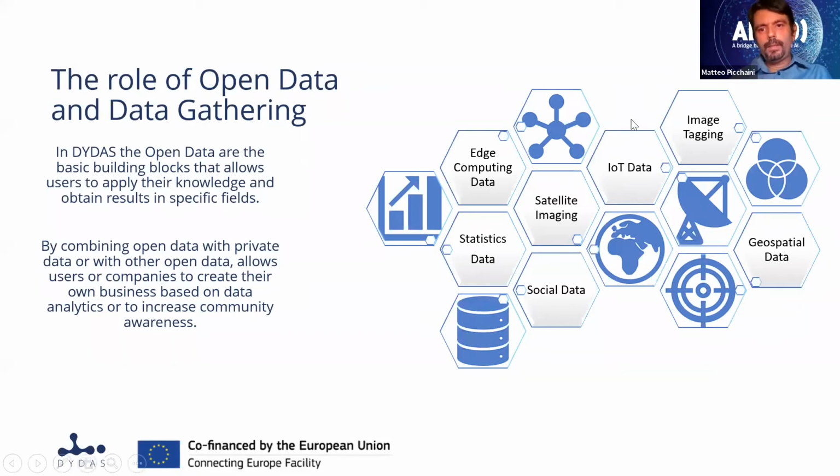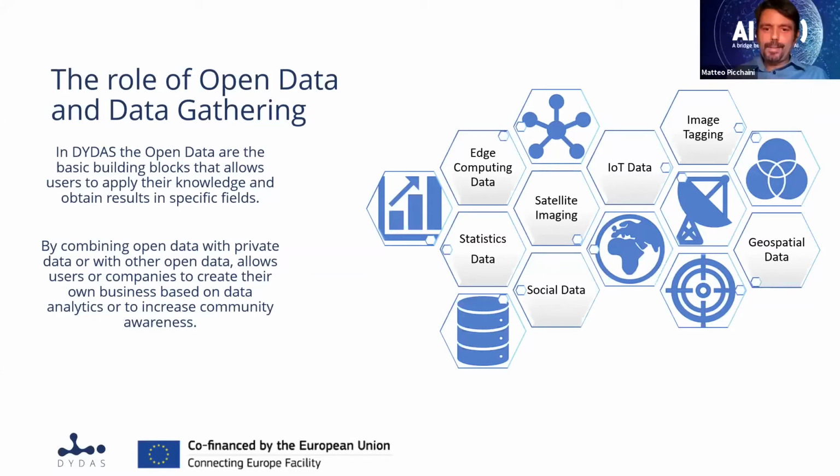In this graphic, you can see the various categories of data that can be handled by means of the geospatial data architecture and the DYDAS data lake. Of course, a very important role is dedicated to the geospatial data in general and to the satellite imaging in particular, that can be integrated by exploiting the data,